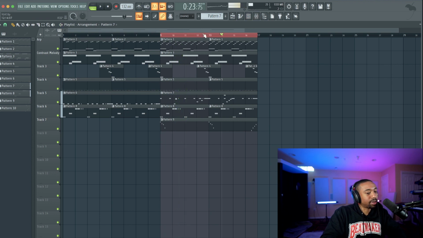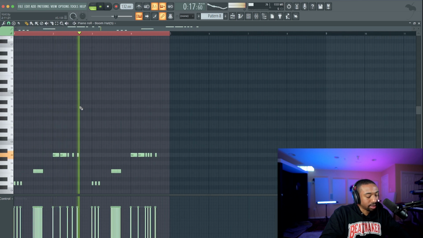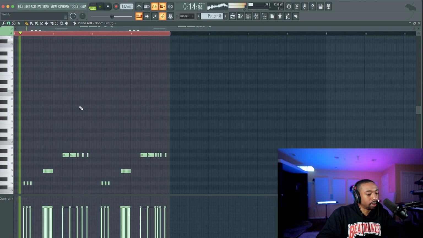Now again, the hi-hats could be tightened up a little bit more. So again, to experiment, hit shift and just move them around.